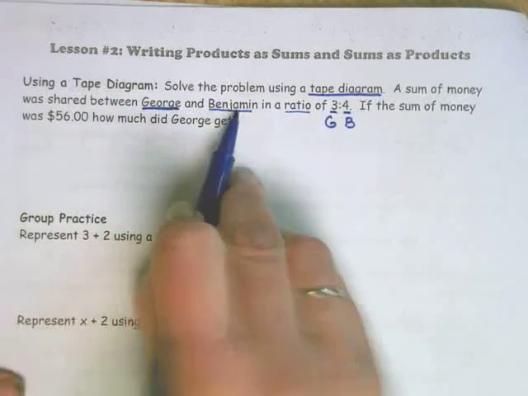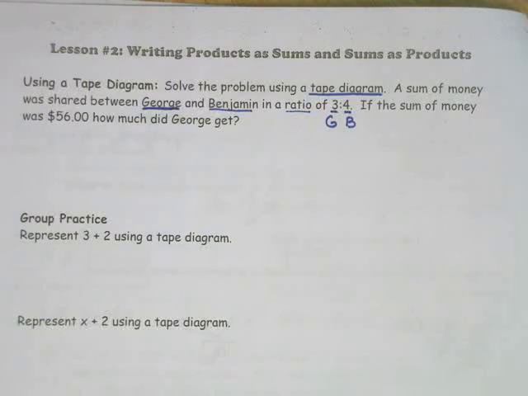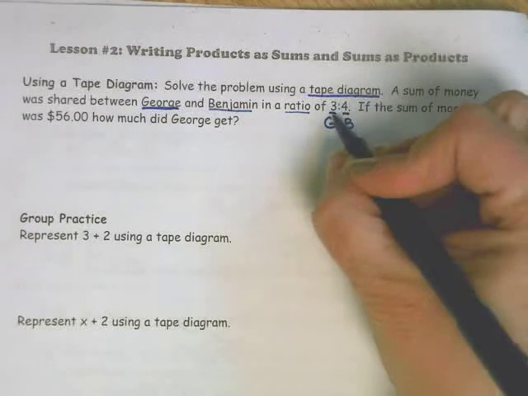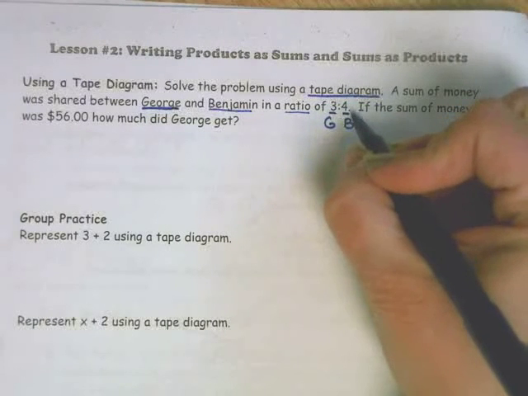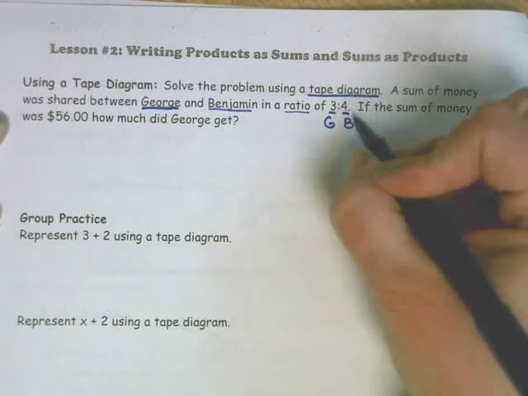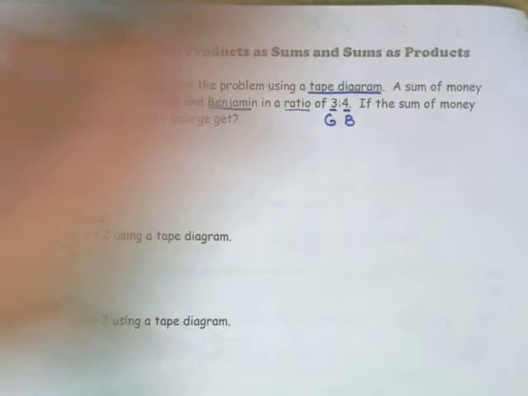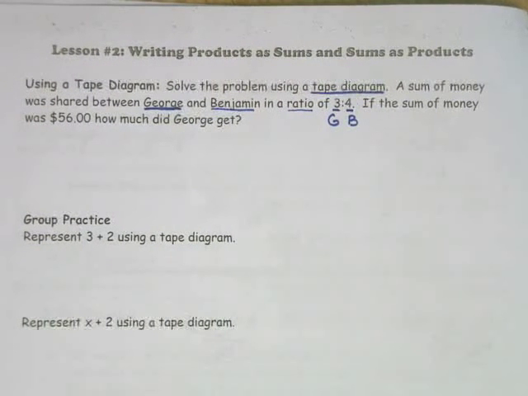George to Benjamin, 3 to 4 right there. So that means for every 3 pieces that George had, Benjamin had 4 pieces, essentially. Or 3 things of money George had, Benjamin had 4 of those money. So if we look at this as they each just have 1,